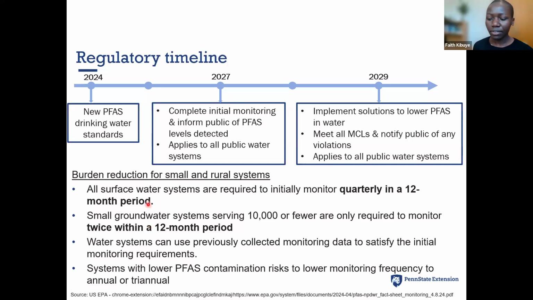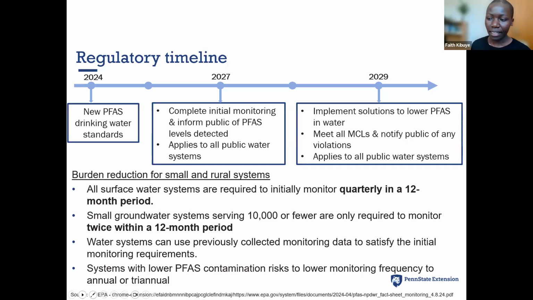And so, for example, right now, surface water sources are monitoring quarterly within the year, but small water systems have avenues of reducing their monitoring frequency if they are dependent on groundwater sources, or if they've collected water in the past that have shown that their PFAS levels are low, then they could reduce their monitoring frequency. And this can help reduce their overall testing load or cost when it comes to the regulation of PFAS in